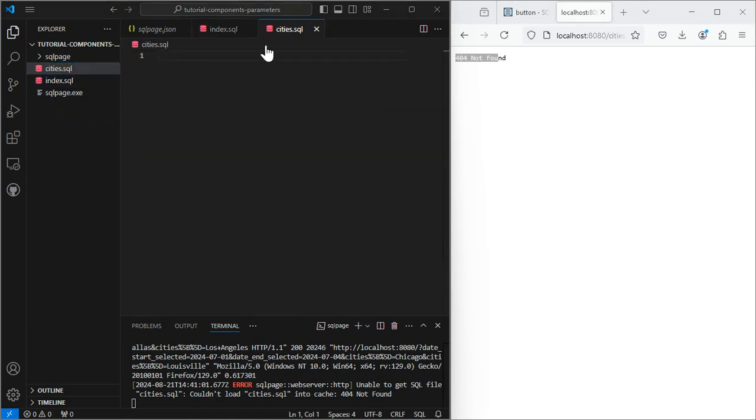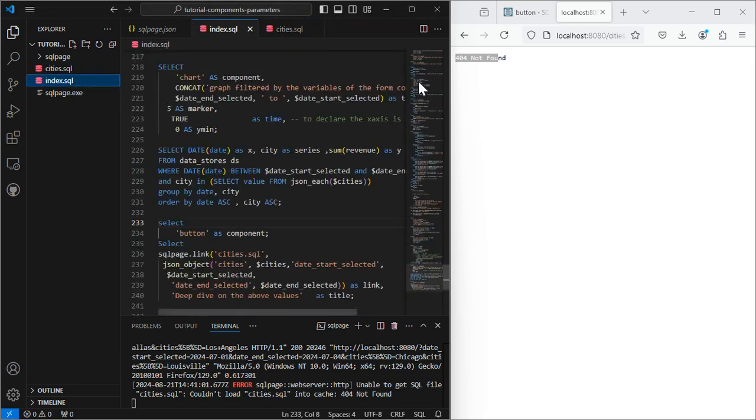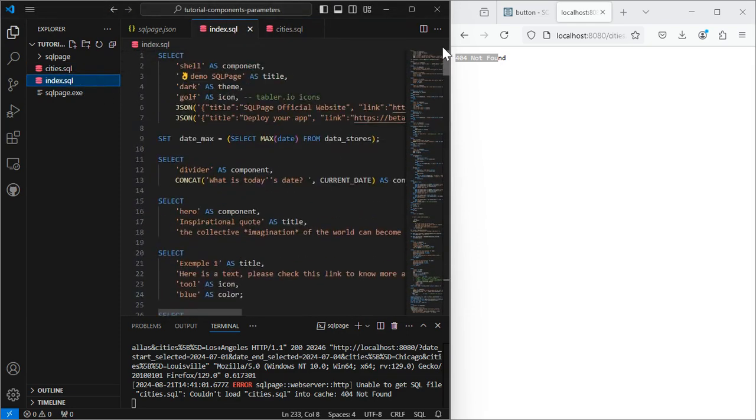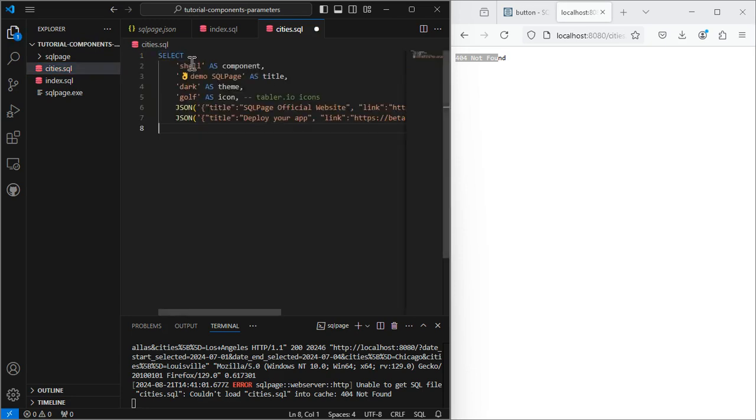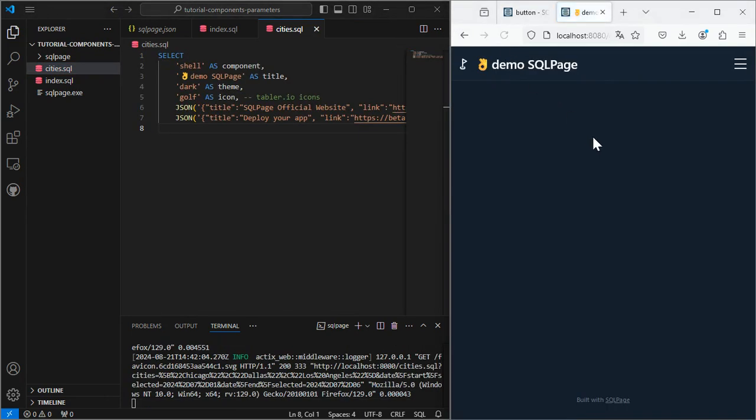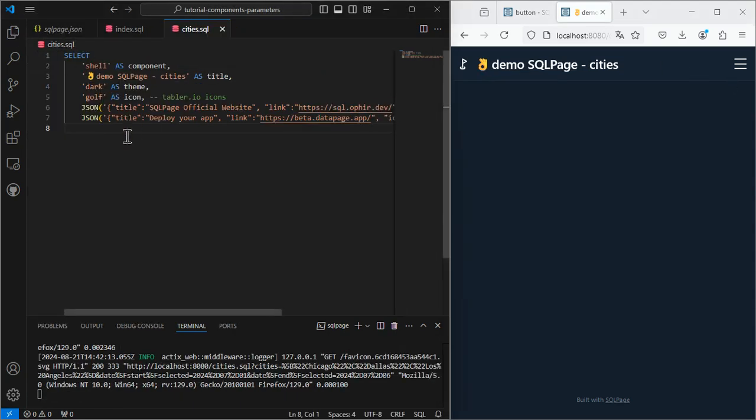The first thing I'm going to do with this page is to put a shell. I'm going to use the exact same shell as for the index.sql. And I'm going to call the table component.